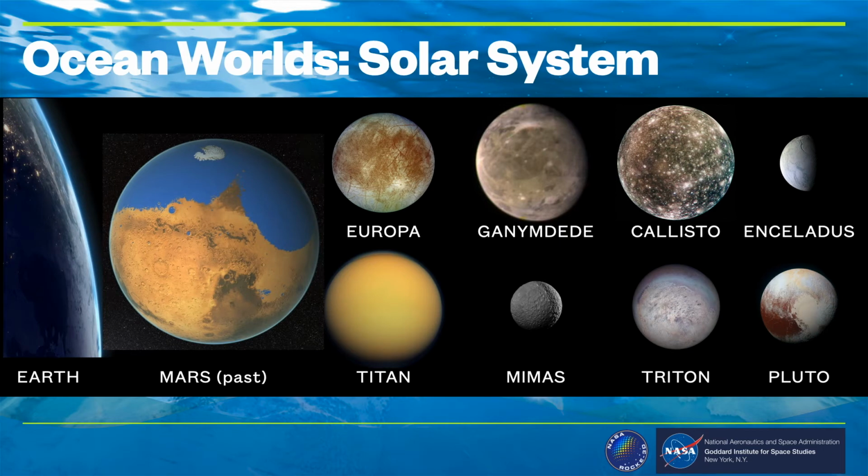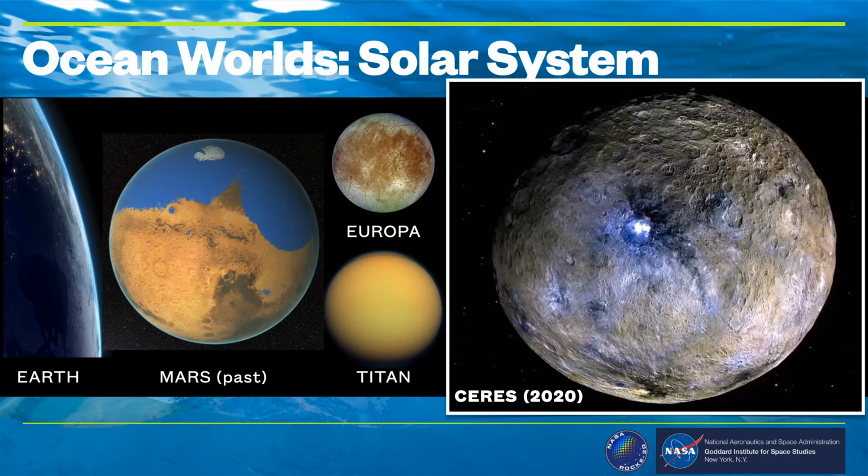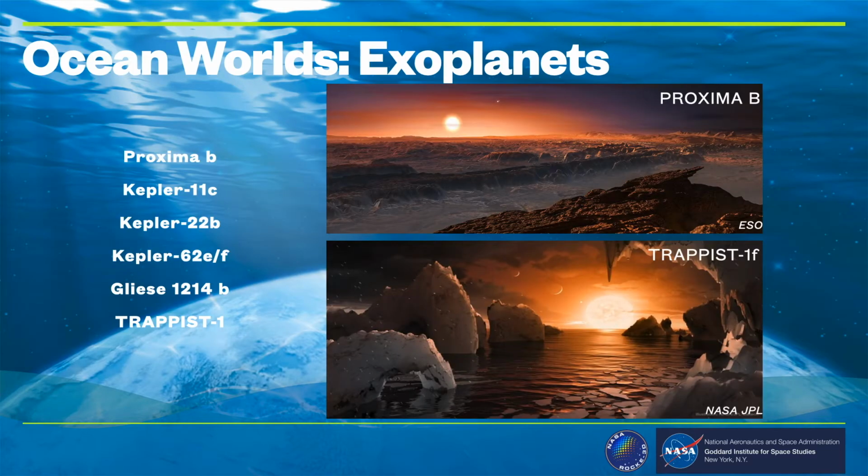So here is a collection of current, past, and potential ocean worlds just in our solar system, from the surface oceans of current Earth to ancient Mars or Venus for planets with an atmosphere, to the subsurface oceans of the icy moons Europa and Enceladus, to the different layers of oceans sandwiched in between layers of ice on Ganymede, to Pluto, and even more recently, Ceres, which was just added to this list a few weeks ago as potentially harboring a subsurface ocean. Moving outside of our solar system, there is an ever-growing list of exoplanets added each year to